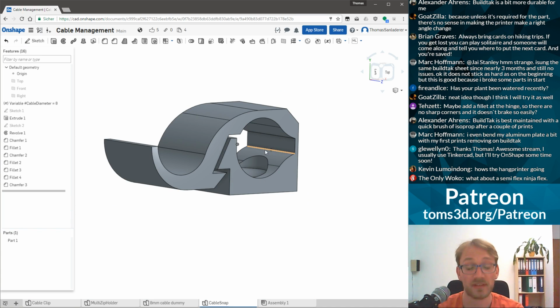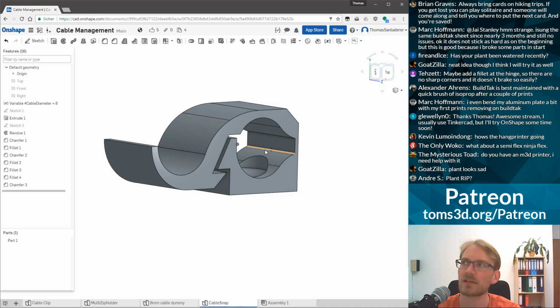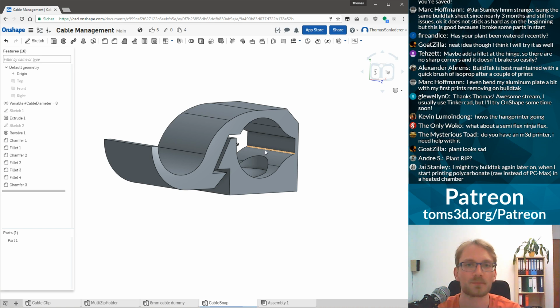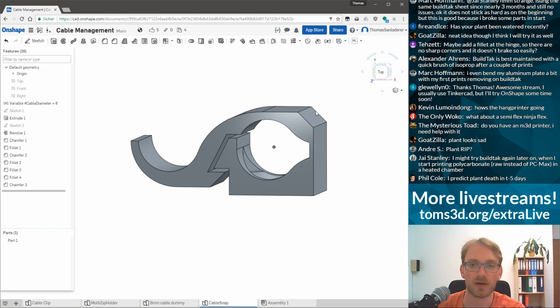Semi-flex, Ninja-flex, yes. Armadillo, I think, is the very hardest one, but the Cheetah, I think that is their 95A? No, 75D material. Yeah, good choice for that as well. Polycarbonate might also work, because again, this is just a living part. I could split it in two and add an actual hinge mate. But yeah,